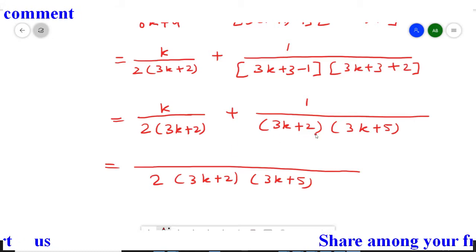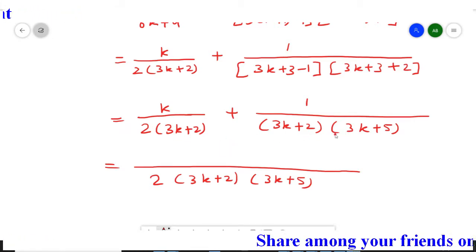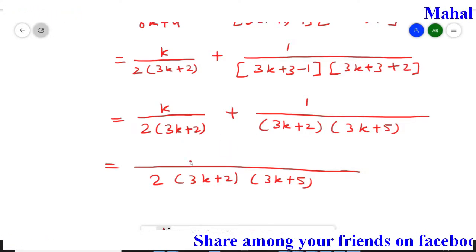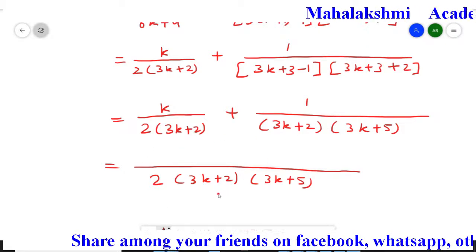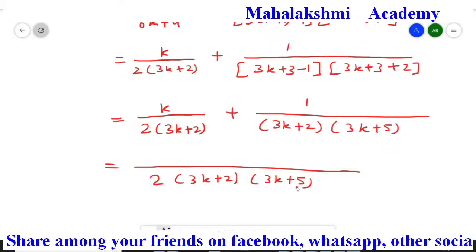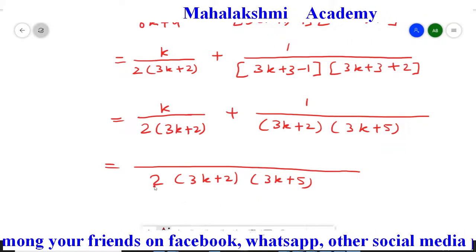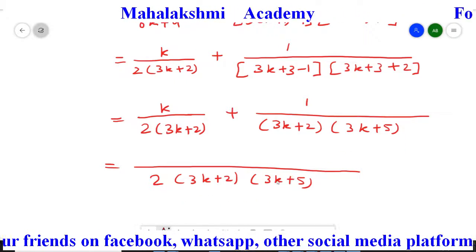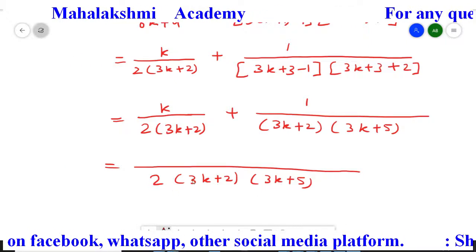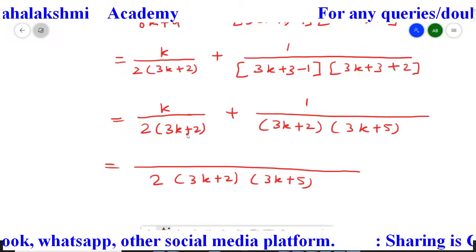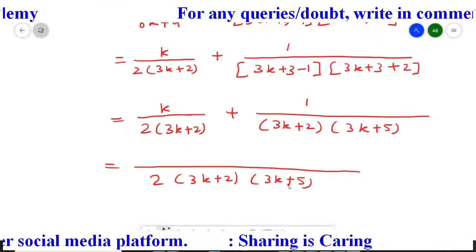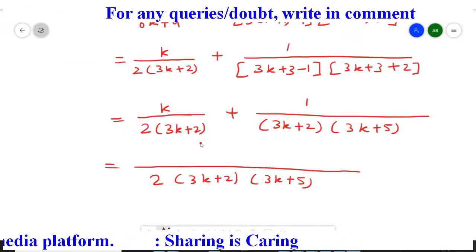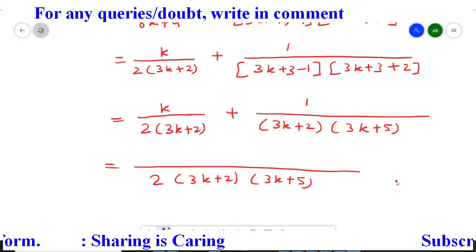To add them we have to take the LCM of the denominator. When we take the LCM of the denominator, all different terms are written down. So 2 and this bracket, both brackets are the same, so you write it down only once, and this bracket is different, so write it down also. So like this I took the LCM. Now after taking the LCM, we have to divide it by the denominator. So this 2 and bracket will cancel, and we remain with only 3k plus 5. So it will multiply by k. So we'll get here